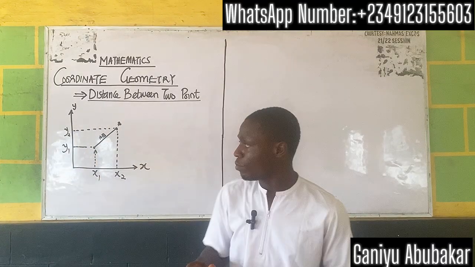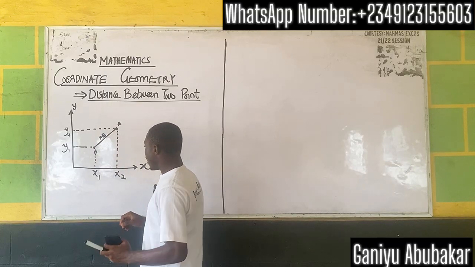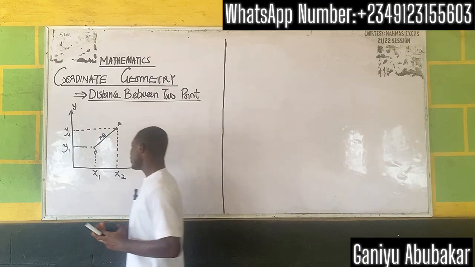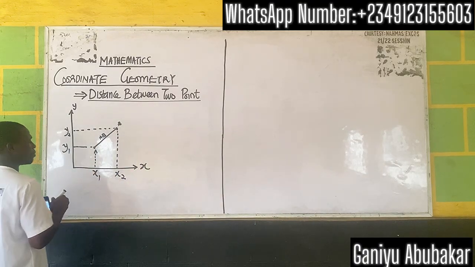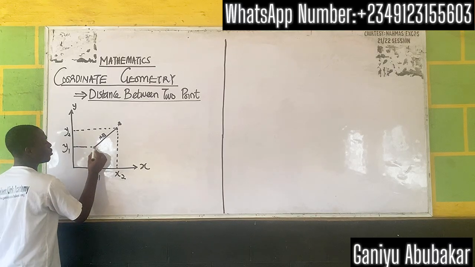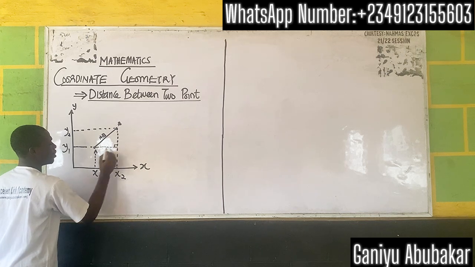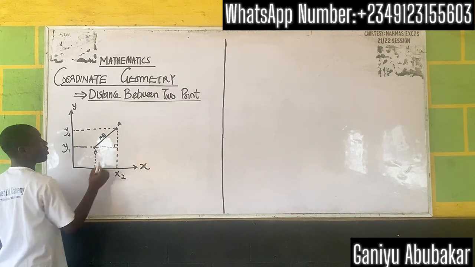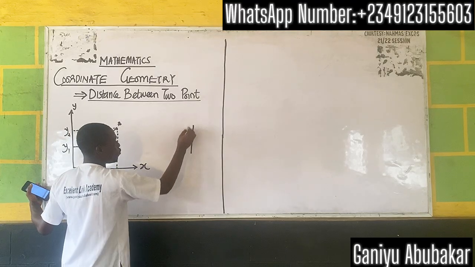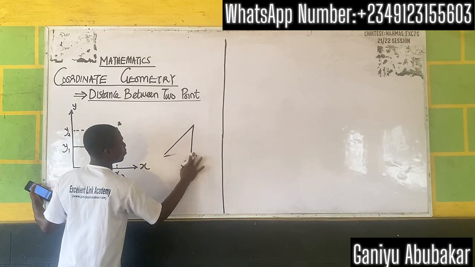Now the task is easy. I will go ahead to give you the formula, but let's look at the derivation. It's easy. Now from here, listen please. From this diagram here, I can see something. If I take that line this way, this here is 90 degrees. So this is producing what? A right angle triangle. If you observe very well, something of this nature, a right angle triangle,